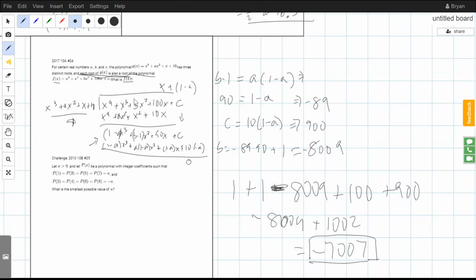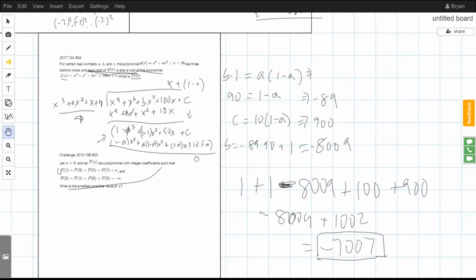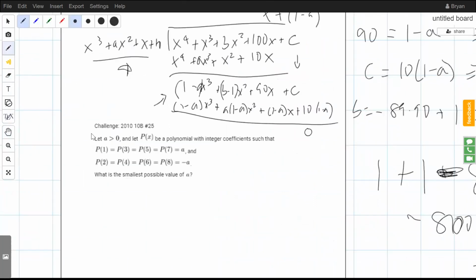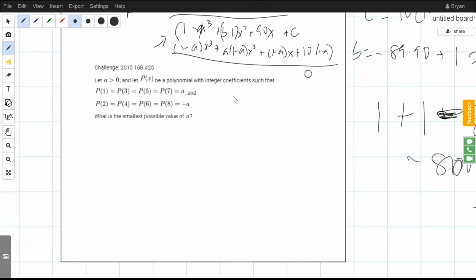Anyway, I think I'm just going to give a small hint for the challenge problem, and I'll post the full solution to it later. So we know that this p of x is a polynomial with integer coefficients such that we have this, right? And what's the smallest possible value of a? And I'll admit that what I said in class is not really going to be all that helpful for this problem. So this is really just how do you know how to use